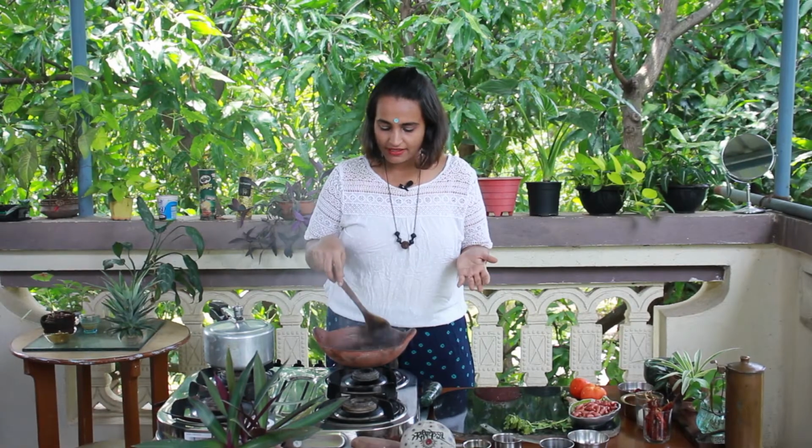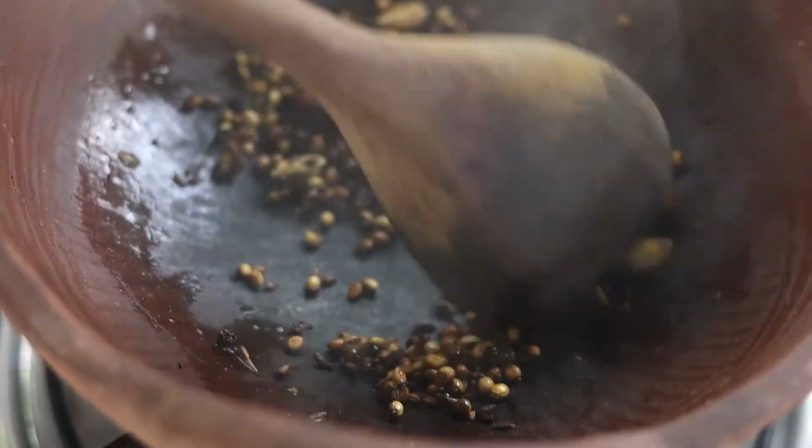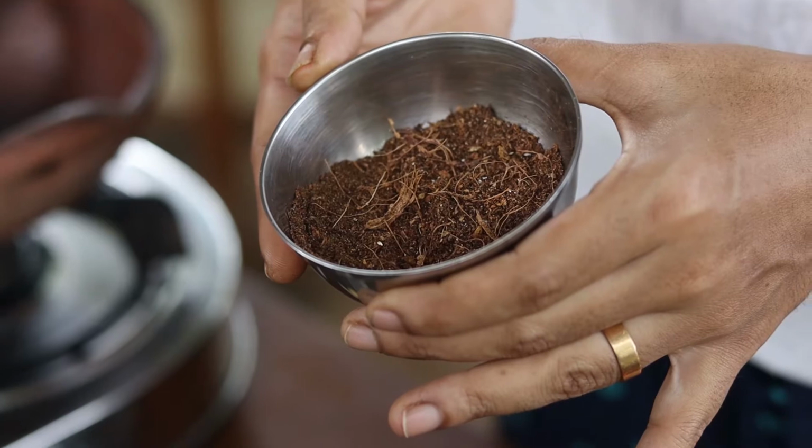And once the spices are roasted, we are going to remove them in a grinding jar and grind them into a fine powder. So here we have the ground masala is ready. Now let's chop up some green spices. So I have a small piece of ginger,